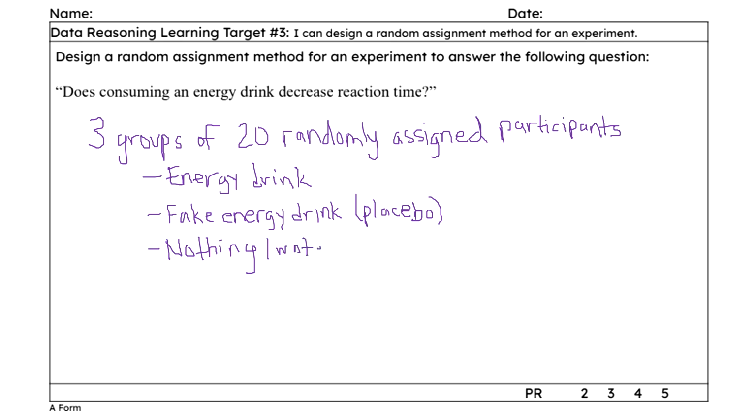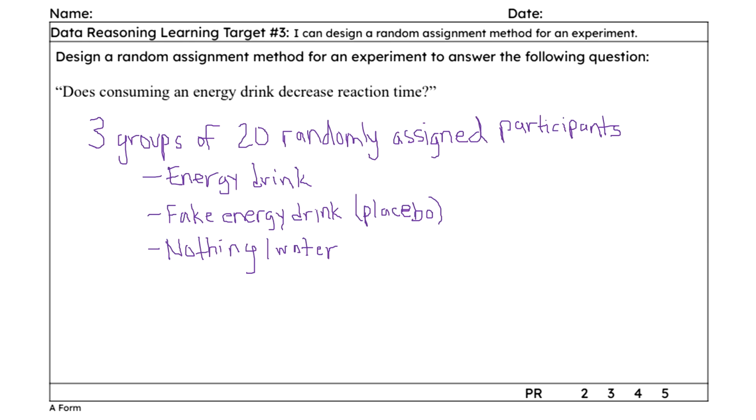So now we have to talk about exactly what we are doing to randomly assign the participants into these 3 groups. So we should have 60 people total, and we want even groups. So perhaps we're going to do something like